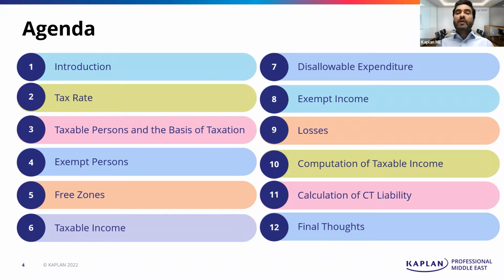So we'll start off with a quick introduction. I'll explain the tax rate, the corporate income tax rate as proposed by the Federal Tax Authority, what persons are subject to tax, what income is subject to tax, the basis of taxation, what persons are not subject to corporate income tax, what happens if you have an entity or branch registered in a free zone, how do you compute